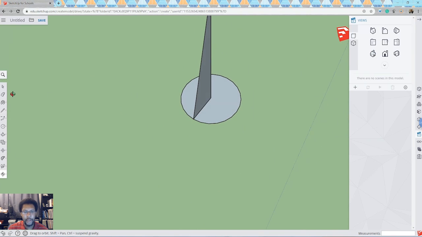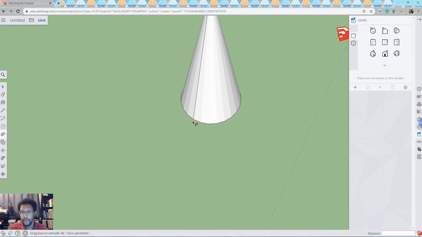What you want to do now is go over to the push-pull tool, click it, and select this one that says follow me. You want to select it, and select this side of the triangle that you just made. It'll be a little bit glitchy when you do this. What you want to do is move it to the other side of the triangle that you just made, and what it will do is make an enclosed circle following the shape of the triangle, which will form a